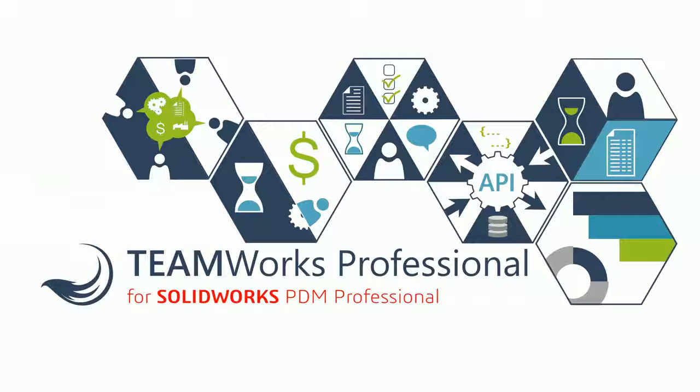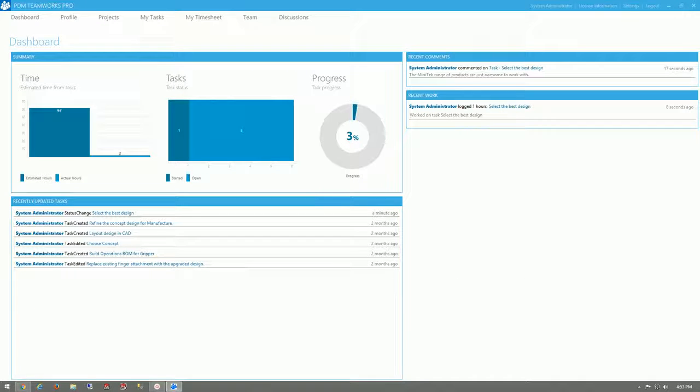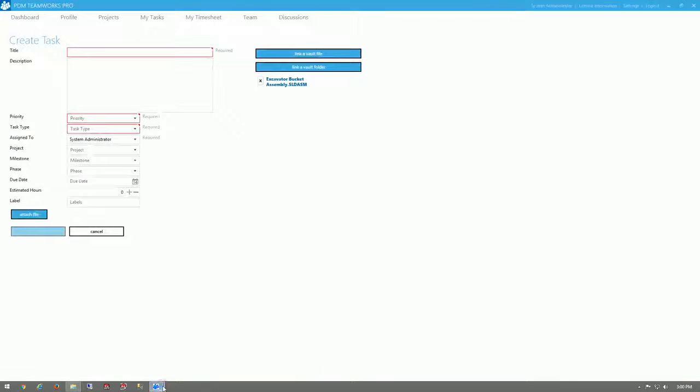Are you looking for a simple way to assign and manage tasks related to your projects and documents in SOLIDWORKS PDM? TeamWorks Professional may be your answer. Using a familiar integration into the PDM right-click menu, TeamWorks users can easily create new tasks, or see any already related to that file. By linking tasks to Vault documents, anyone viewing the task can see the progress of not